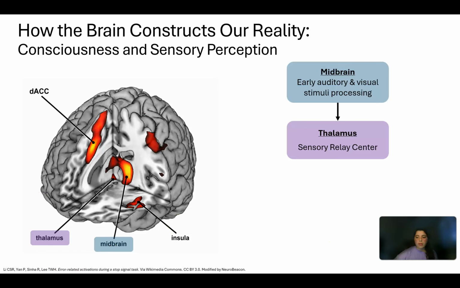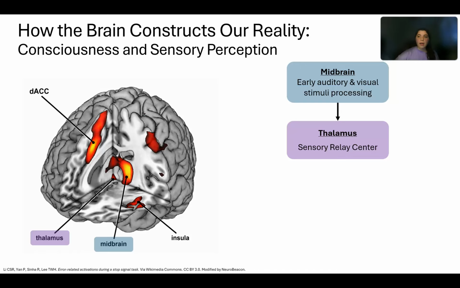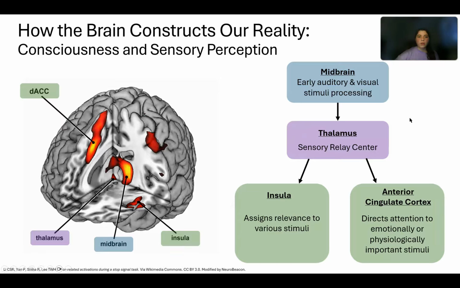And then from the thalamus, you're going to have sensory stimuli relayed to two other critical structures in the salience network, the insula and the anterior cingulate cortex. And so the insula is going to assign relevance to the various stimuli that are received. And so by assigning relevance to the various external stimuli that are received by the thalamus, the brain can essentially decide how important it is to be engaged on the stimuli that are being presented to you externally, and it'll